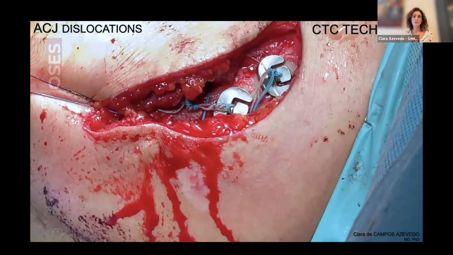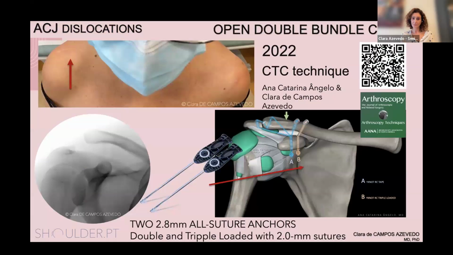So this was just to answer the question about the fact that we are doing this only open and no longer arthroscopic, because we don't find that associated lesions are that frequent to justify it. When we do this technique, we don't need any more to control the placement of buttons under the coracoid, which was the most important step during the arthroscopic repair of these lesions. Because when we do this, using this technique, we use all suture anchors, and they work like buttons under the coracoid.